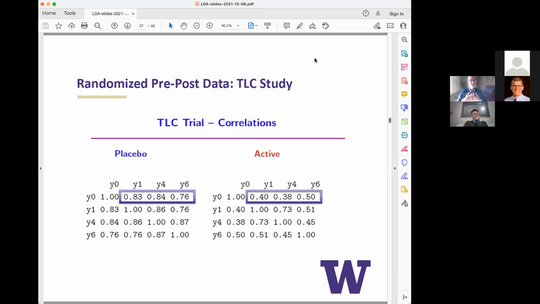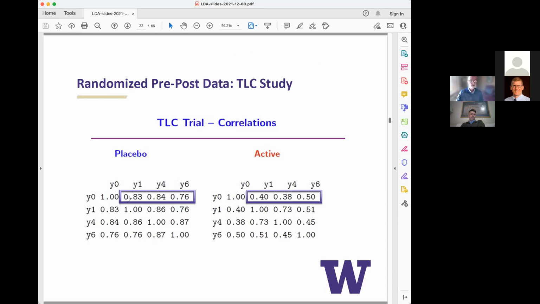I want to point out something we haven't really looked at yet. We've really focused so far on the mean. What do we see in the groups and their means over time? Here for this data set, I want to show you the correlations over time now. This is a part of regression that we often give second seat to. We focus a lot on the mean model and then quickly talk about the variance model or the correlation model. And I really want to emphasize the importance of thinking about this model too.